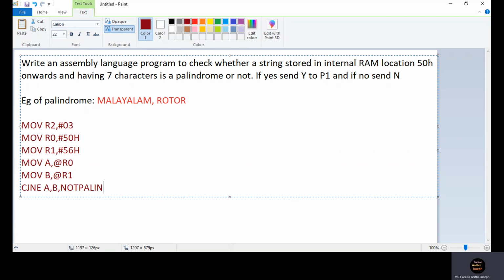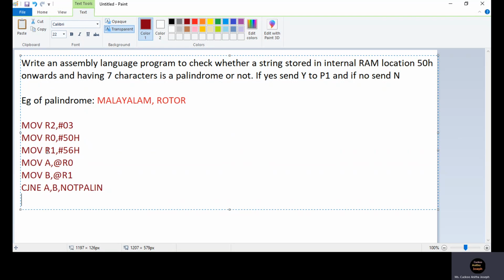But let's wait, and suppose they are equal, what should we do? Let's see. If they are equal, it doesn't mean that the string is a palindrome. We have to perform 3 comparisons. So we have to point to the new characters that need to be checked. So R0 should point to the second character, so you have to increment R0.